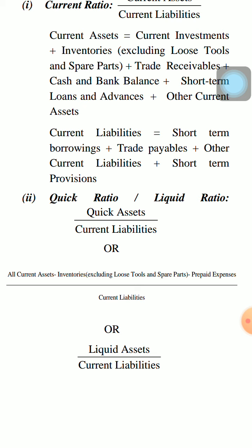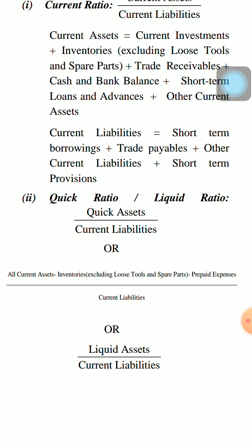Inventories, that means raw material inventories or finished good inventories, are not sure to be converted into cash very quickly, because raw material will only be bought by the same kind of producer who are making the same goods or supplying the same goods. Then why will they accept from you as you are a seller of those goods? So at that time it will be seen that it has to be sold at a lesser price.